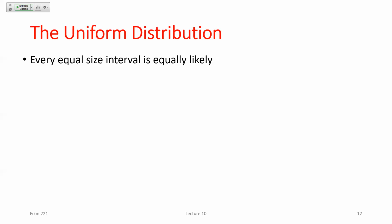So what's that going to look like when we graph it? Well, we're just going to be at the same point, if I can draw this above the numbers I wrote down. We're going to be at that same point on the y-axis. And if I look at the probability I'm in between 4 and 5, it's the same size interval, so it has to have the same probability. So basically what we're going to end up with for a uniform distribution